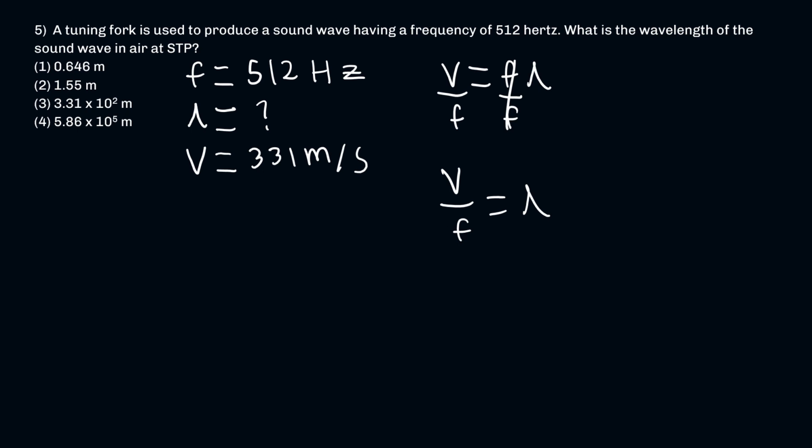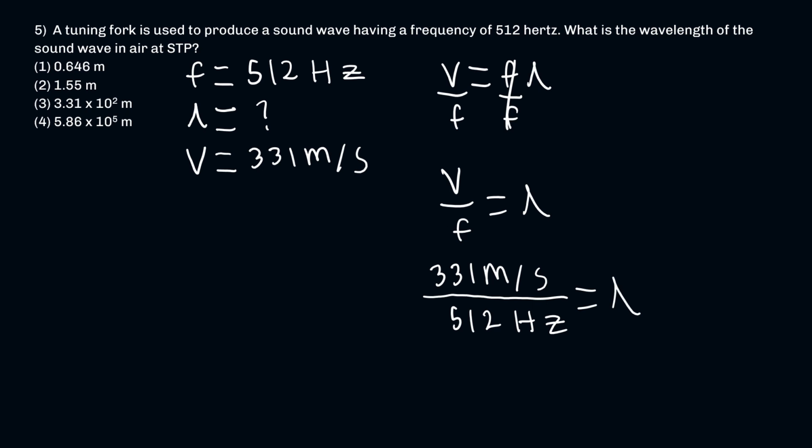So now I can just plug everything into the equation and end up with my answer. So my velocity is 331 meters per second. My frequency is 512 hertz. That is equal to my wavelength. All I'm going to do now is plug this into my calculator and get my answer. So 331 divided by 512. And I'm going to end up with my answer as 0.646